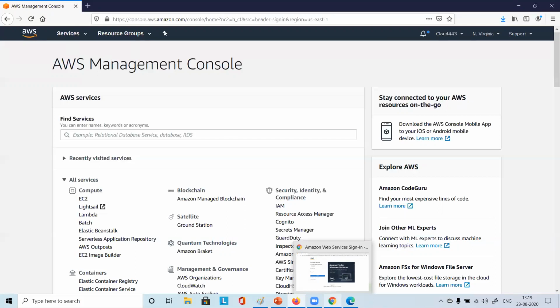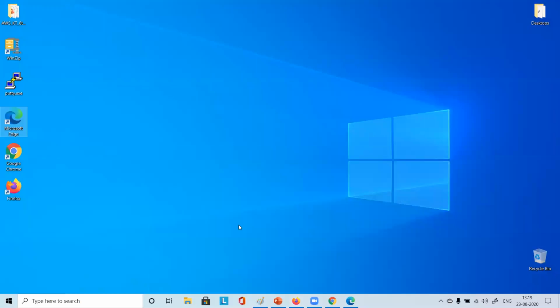Now you have created one user for somebody, some employee of yours. So that person will be logging in to your account only. That's why the link contains the account ID of the same account in which that user has been created. They are making our life a little easy, because we don't have to copy it.